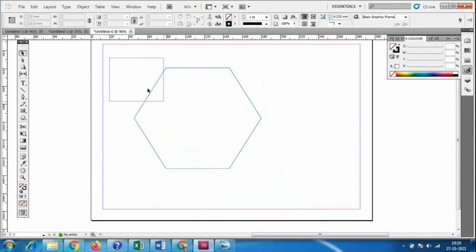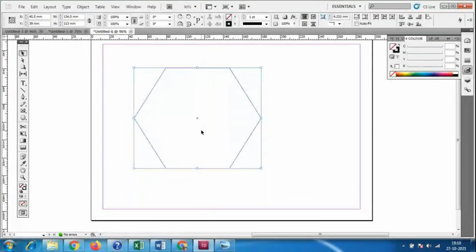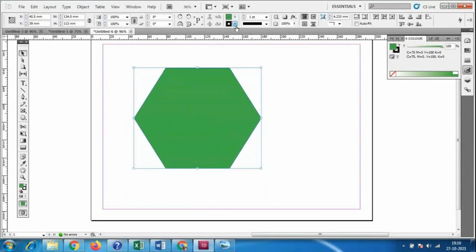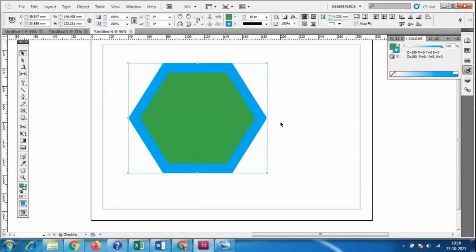I forgot to tell you one more option. I'll fill the color, give some outline, and increase the thickness of this outline, which was very less.